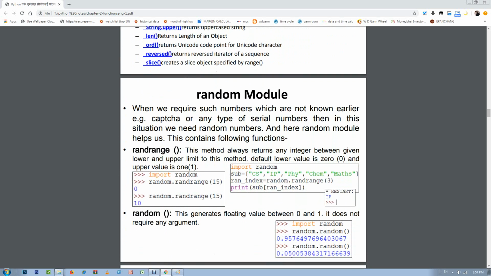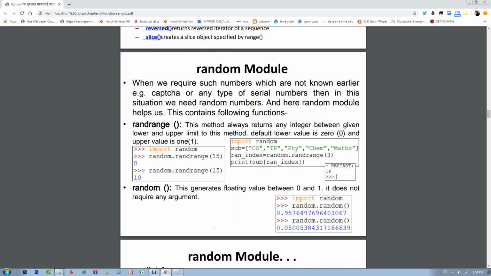Okay, now the random module is again an important module. If you just want to select a random value, by default it will